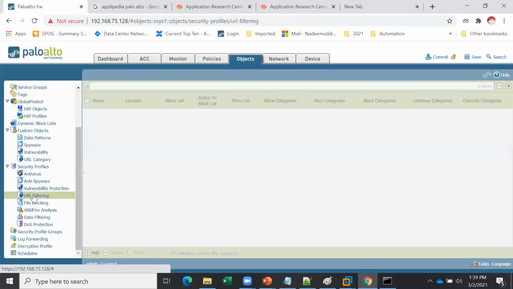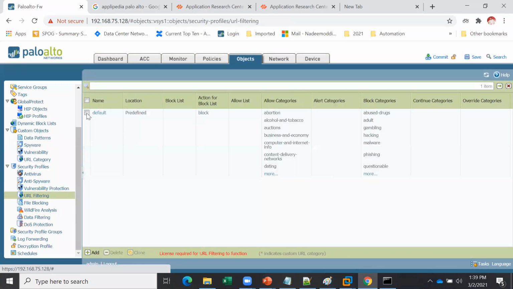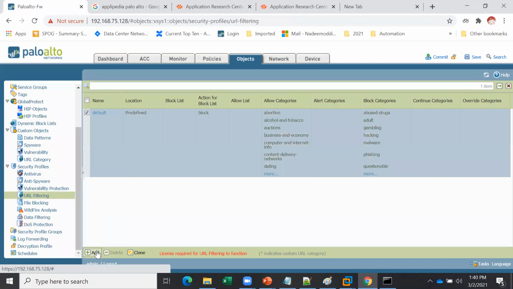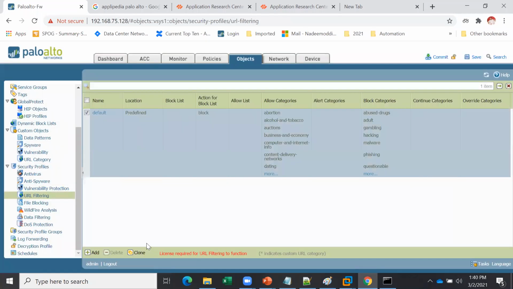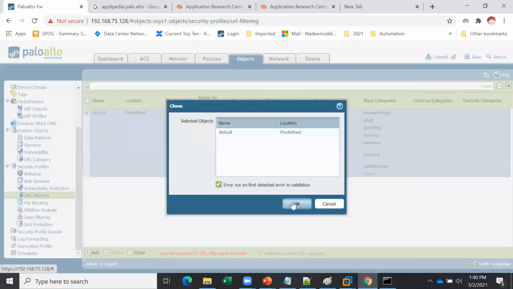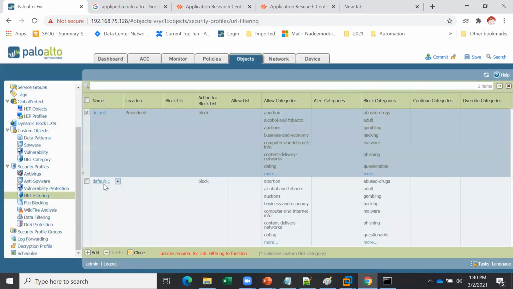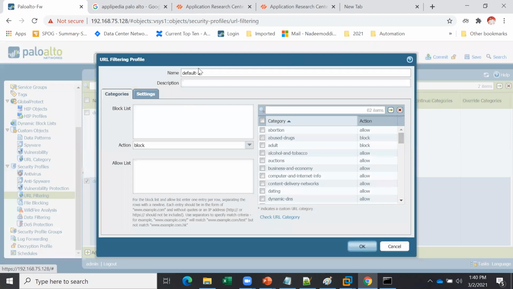Now you go to the URL filtering. Let me clone it, and let's create our own URL filtering profile. Let me give the name URL filtering profile.